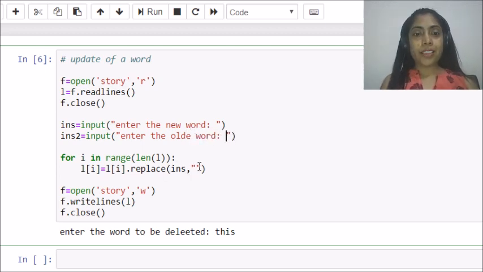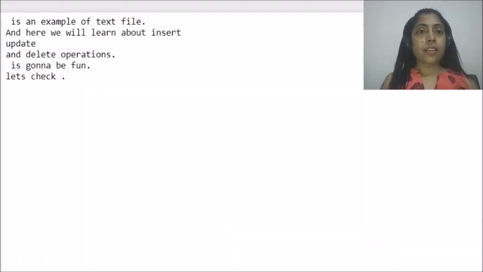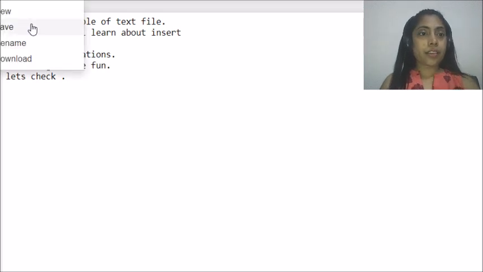So simply write here that you want to replace all the occurrences of the old word by the new word, simply like this. And here I am updating my file, correcting it, save it.